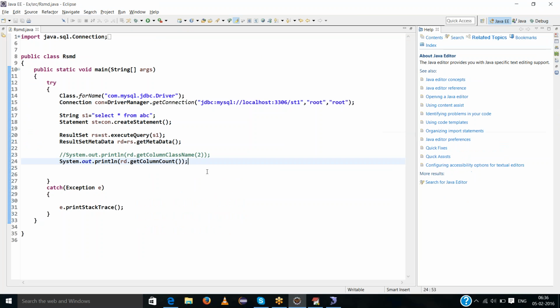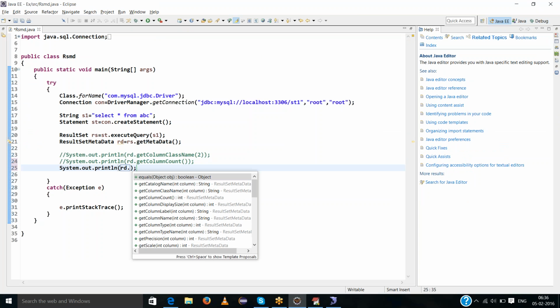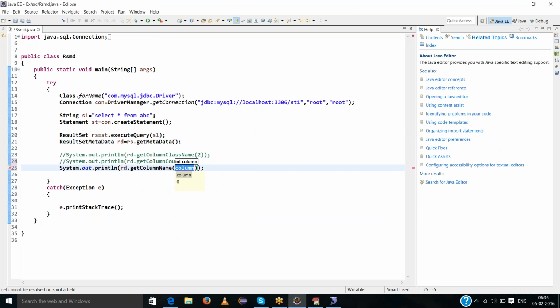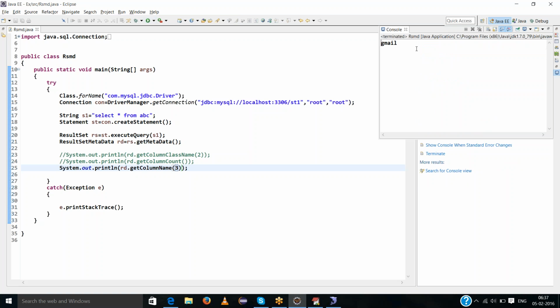That is the column count. Then I will specify 3. What is getColumnName(3)? Gmail. Okay, that is getColumnName.